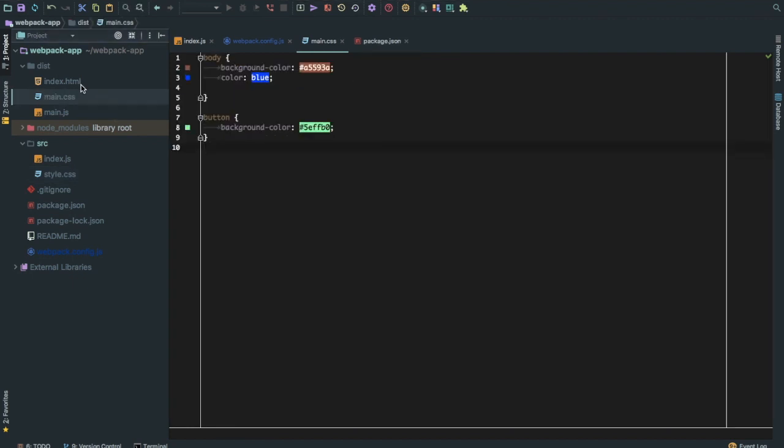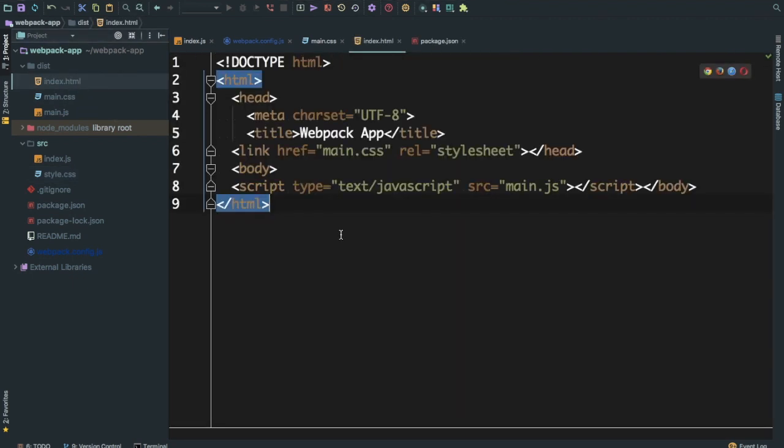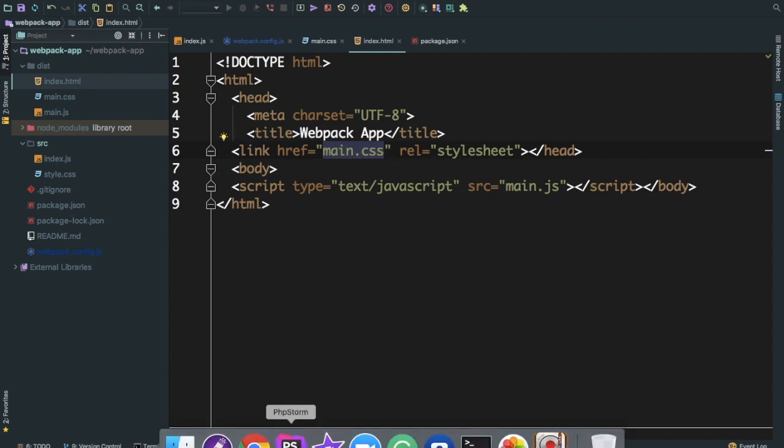And the best part is that it is already included, added as a link to the index.html. So you can see main.css is already included here using the link tag, right? So now